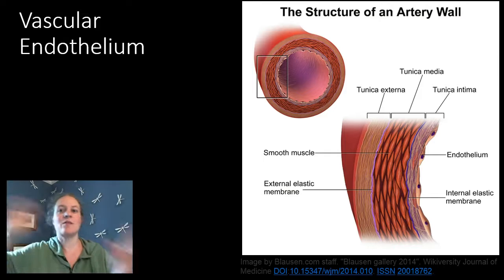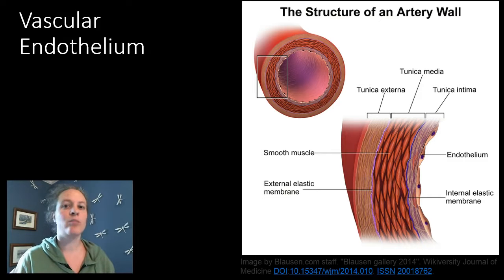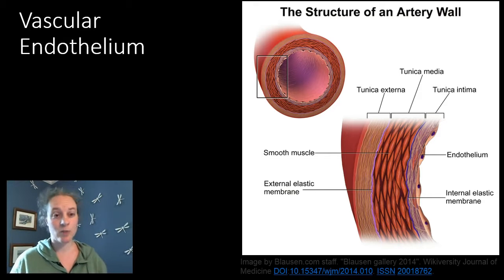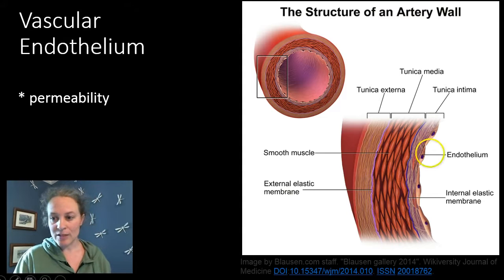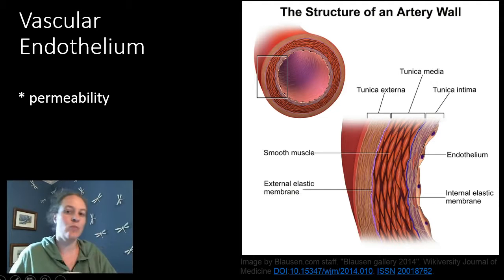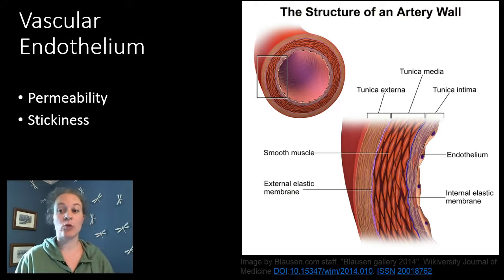So each blood vessel is feeding into a particular tissue, so it can change based on that or based on what's going on in terms of the blood components or flow. And those three ways are, it can change permeability. So the endothelial cells here can become more permeable, meaning they can let things move more easily in and out of the bloodstream. They can become more sticky, and that is a factor in, for example, the formation of blood